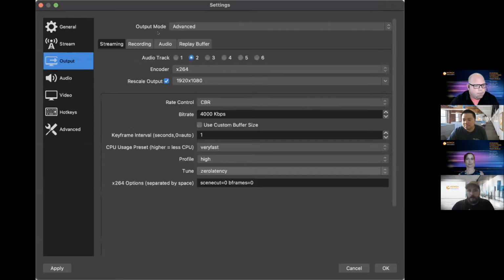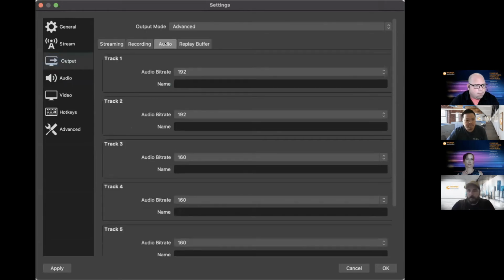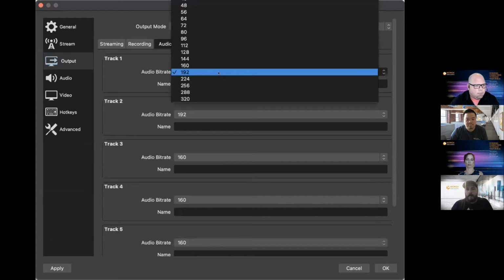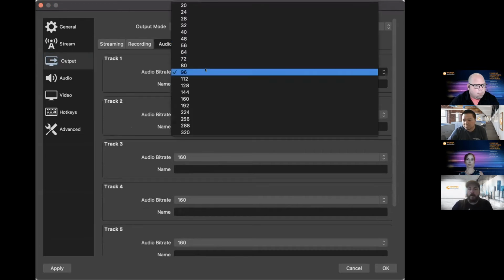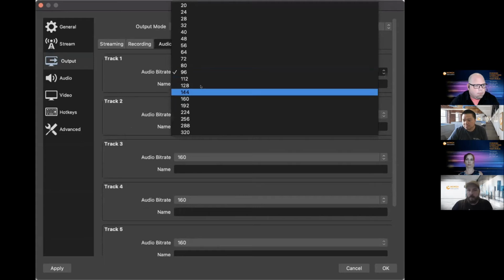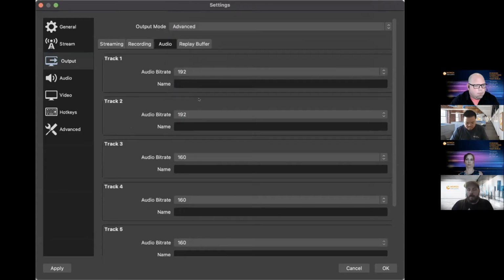And a similar thing with your bit rate as well. If you're anticipating a lower bandwidth audience, it may be better to run with MP3 quality at 96 rather than super high stereo at 128 or 192, just depending on how you're setting up. On the audio side, it's not as relevant as the video bit rate, but if you're working with a 3G connection that's only got a couple of bars, every kilobit counts at that point.